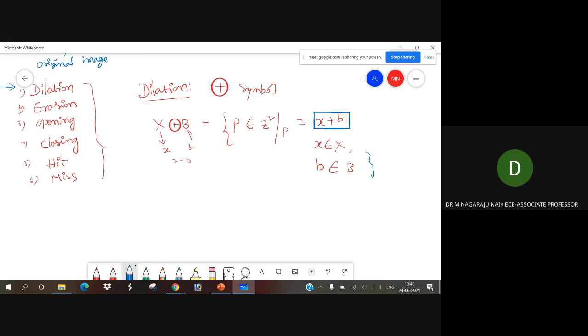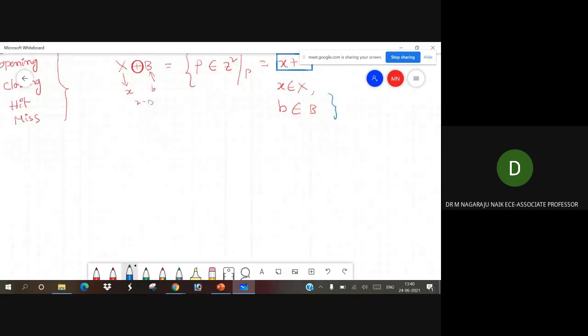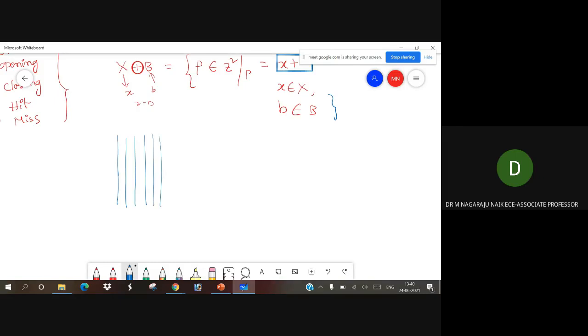Let us take an 8 by 8 image and a structural element.